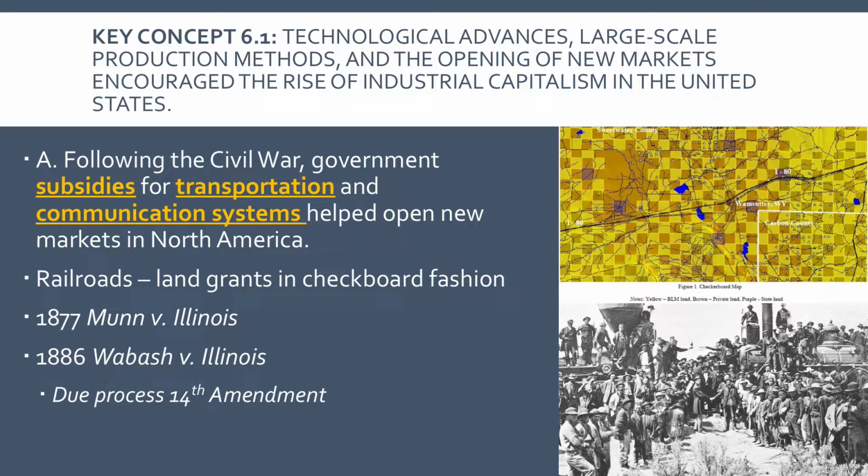But 9 years later, another railroad company, Wabash, brings up this idea of what's called substantive due process, the substance of a law. Is it fair? Is it applied equally? And they overturn their 9-year decision in Munn and begin to realize the states cannot regulate the railroads. And this is going to cause a lot of dissent in America when this happens, but we can start to see with these two cases the federal government at various levels becoming more and more pro-capitalist, more and more pro-industry.